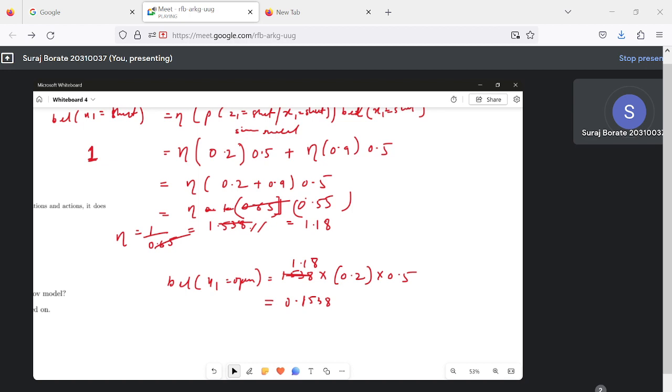Just that I messed up 1.5, 1.1 into 0.5 is 0.55, right? So that is the only thing. Otherwise, the question is very simple. So let's see